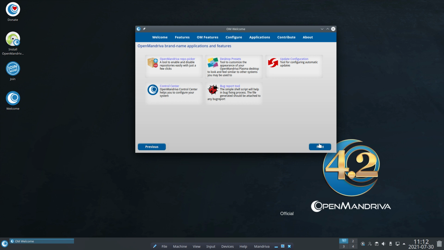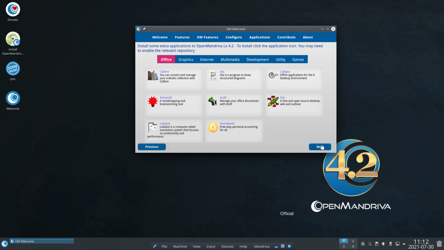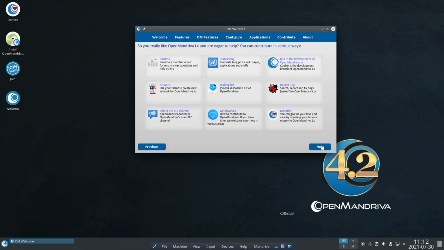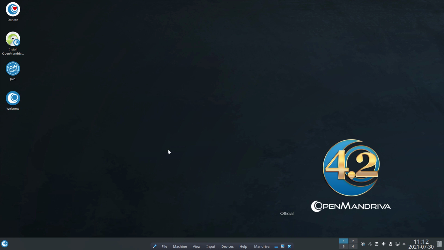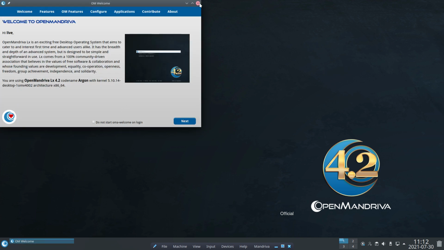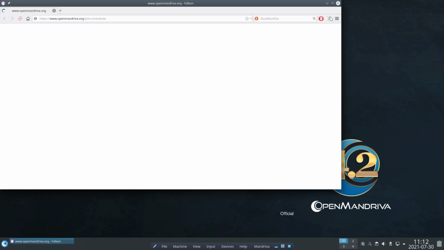Open Mandriva repo picker, control center, desktop presets, bug report tools, okay. Network, display, manager, desktop themes. I guess it's gonna be a standard Plasma. All right. Bye, Mr. Welcome. So I guess this is gonna be, yep, the welcome app. This is gonna be me joining the